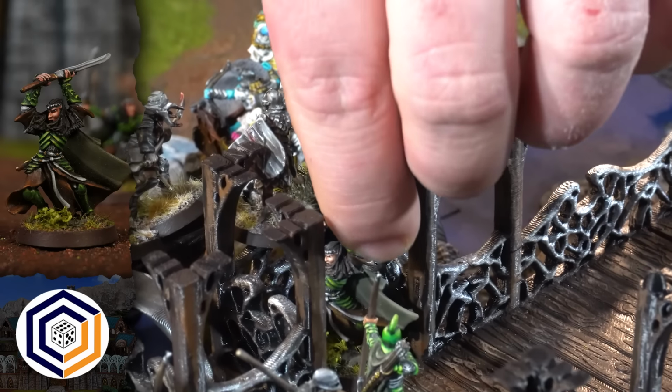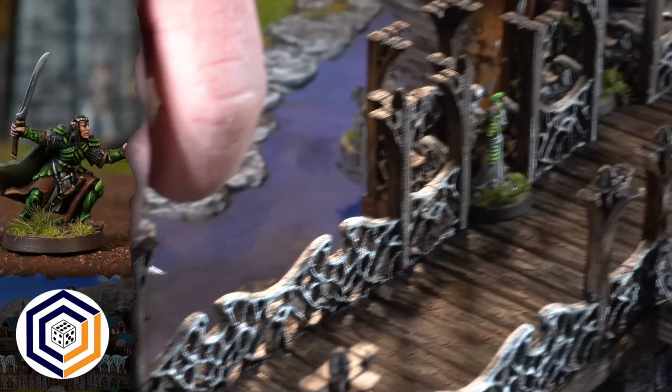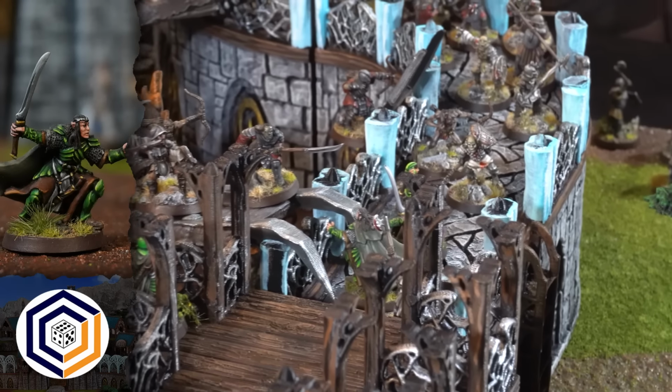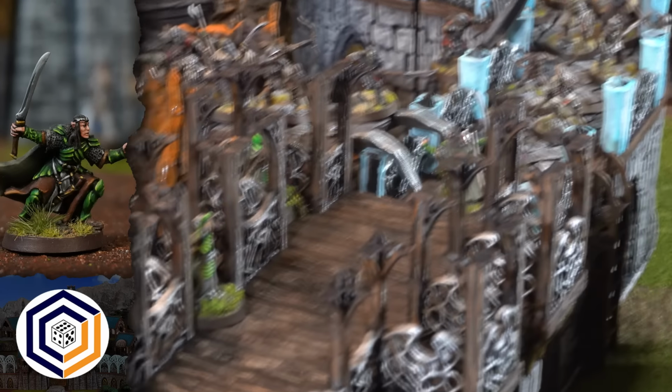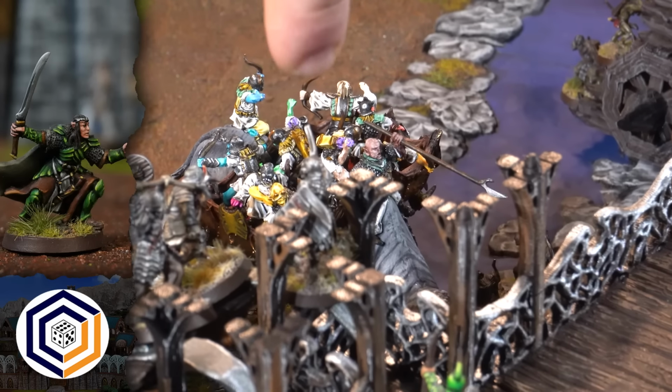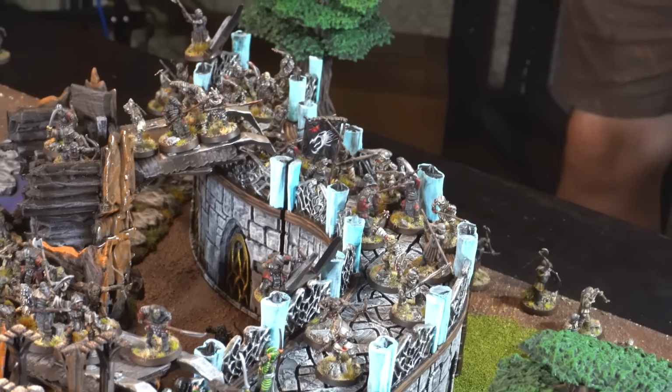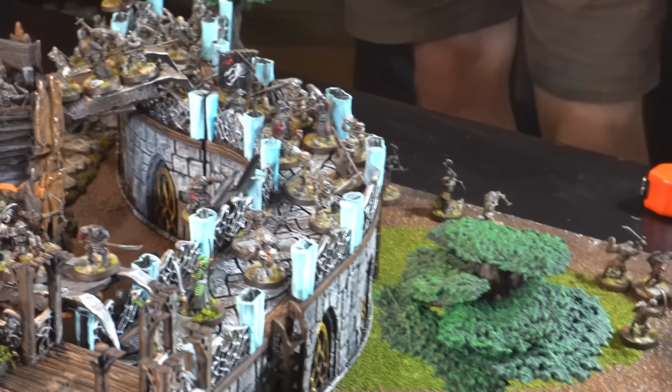Absolutely. And now Eladan, his twin brother, who is over here, gets +1 strength, -1 defense, and must do everything in his power to chase down that one orc. Incredible. On this flank, there are very few elves left, and those orcs are just streaming in,